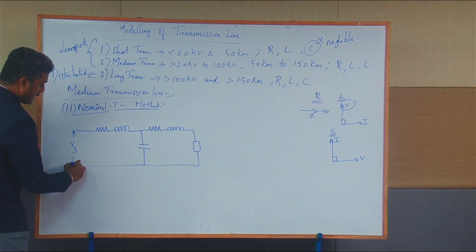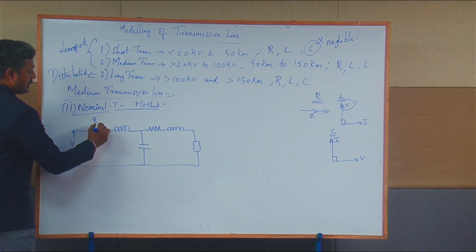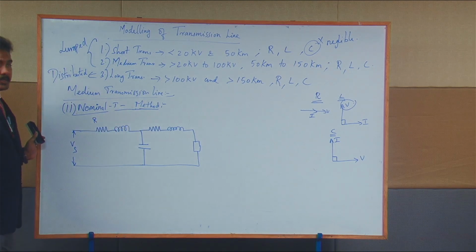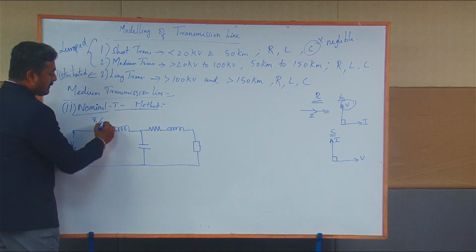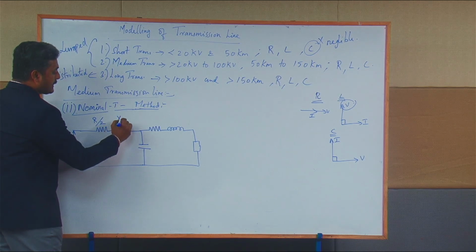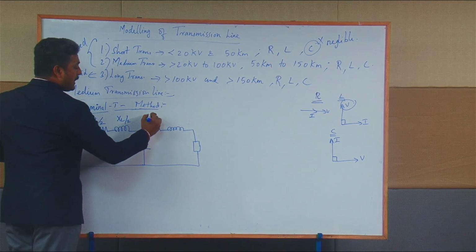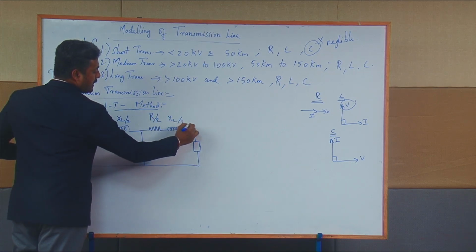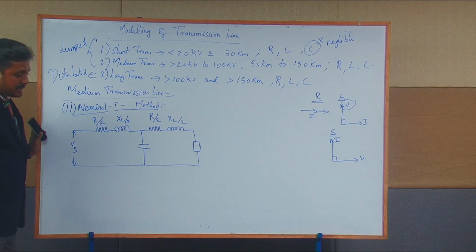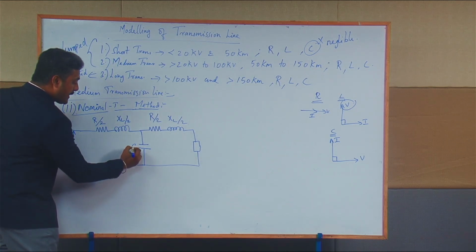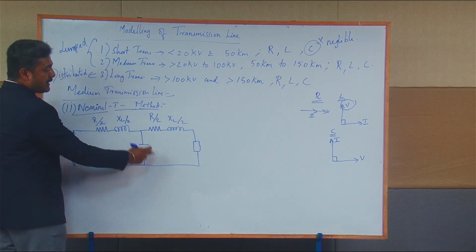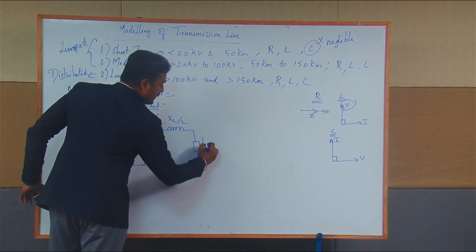And Vs is the sending end voltage. Since you are going to separate the resistance and inductance into two halves, you will be taking the resistance value as R by 2 and inductance value as XL by 2, and here the remaining value of resistance is R by 2 and the remaining value of inductance is XL by 2, and the total capacitance is placed in the middle of your transmission line. That's why you are taking the capacitance value as C,